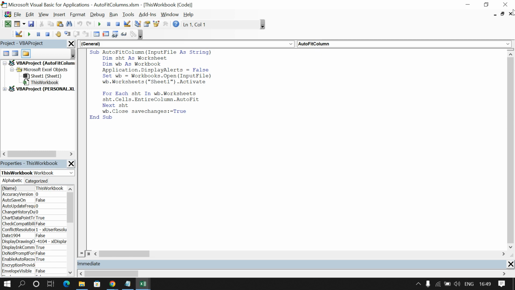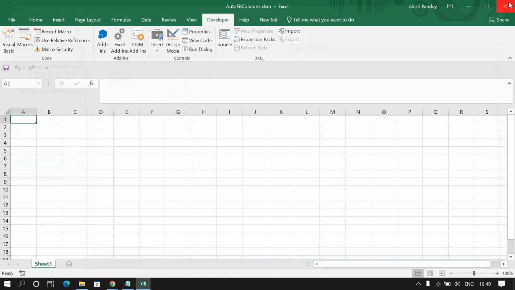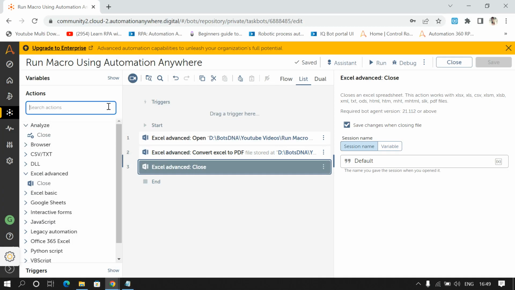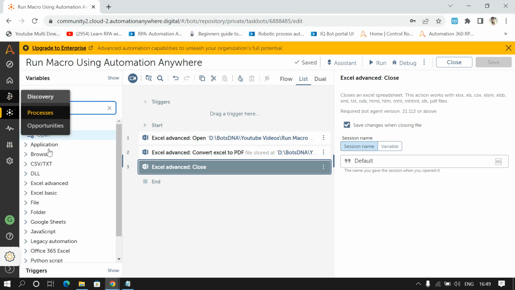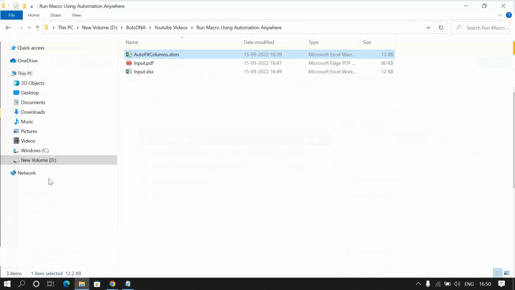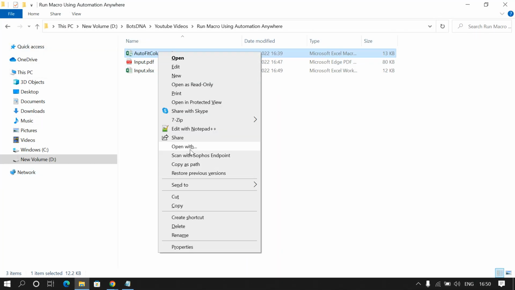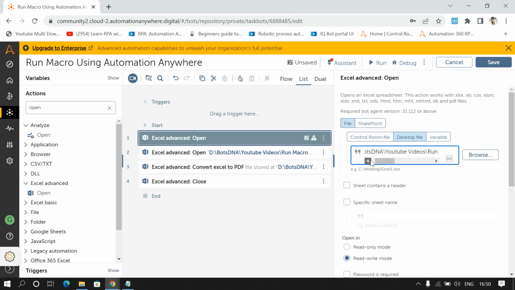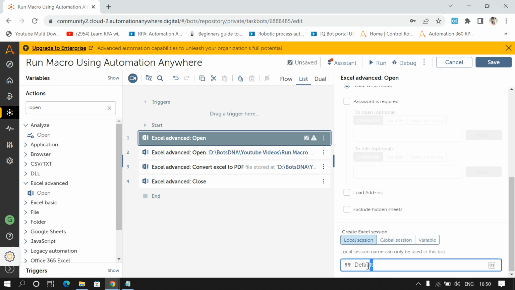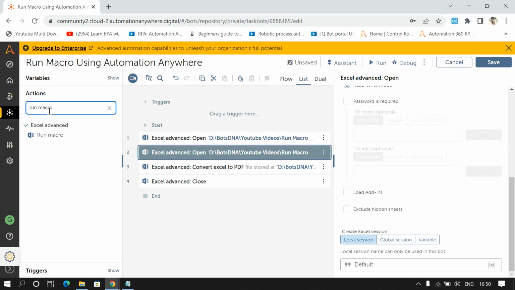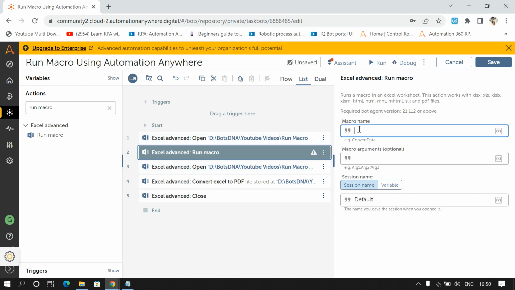This is the code. First I'll run my code. I'll run the macro using Automation Anywhere, then we'll see. So for this, first I'll open my Excel file, open my macro file. I'll give the path here. I'll give the session name as macro. Once I open my macro file, then I'll use the run macro command from the Excel Advanced package, and my macro name is,